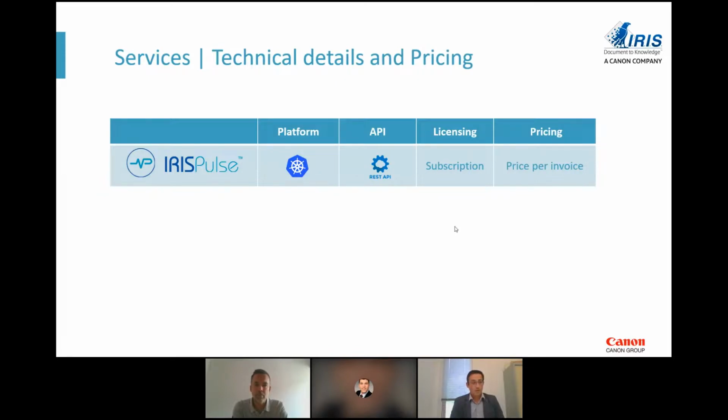It has a REST API you can directly attack or use through an SDK. The licensing is a subscription, so you pay for a certain amount of time that you want to use the system, and the pricing is per invoice, which is interesting because it's not per page; it is per invoice.